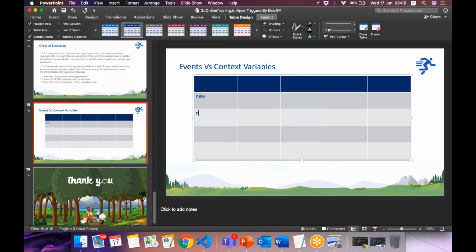So let's say new map, old map. And here before insert. I'll do one thing.